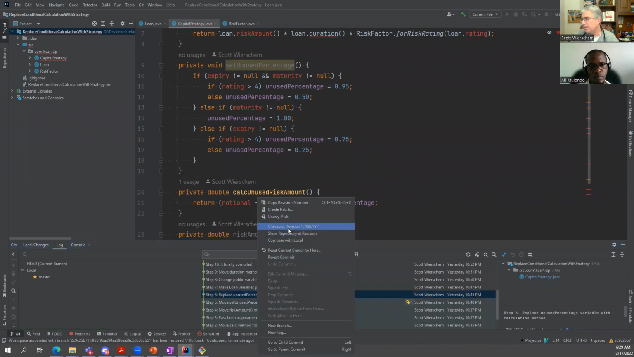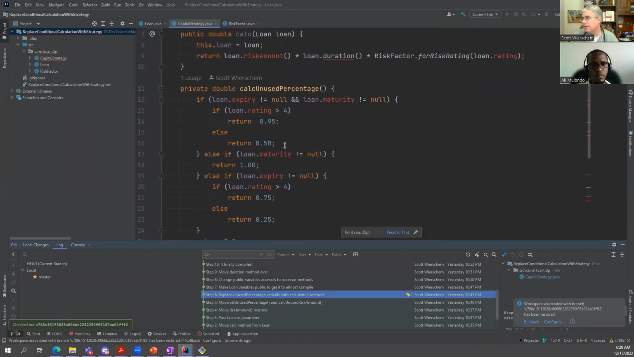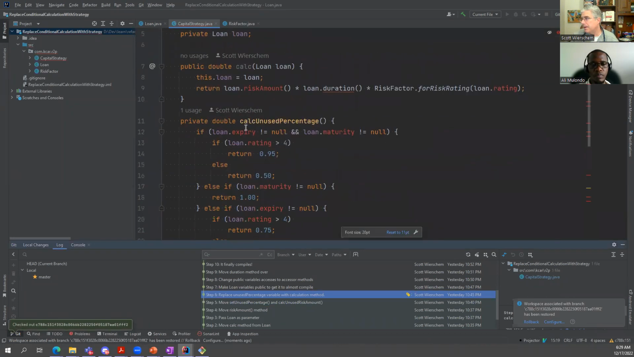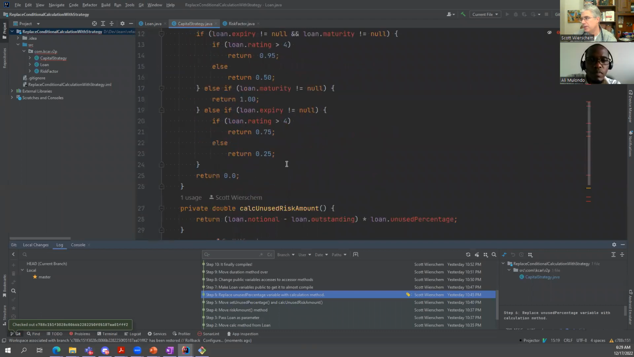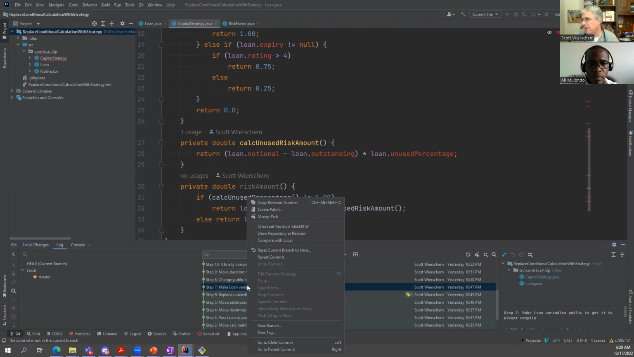And so that's what we do in this step here. Call that calc unused percentage, and we return what we're calculating. So that's all we're doing, is returning each value instead of assigning it to a local variable. And then down here, the unused percent, oh, I forgot to do it there. We just call the calc unused risk amount. Then we go